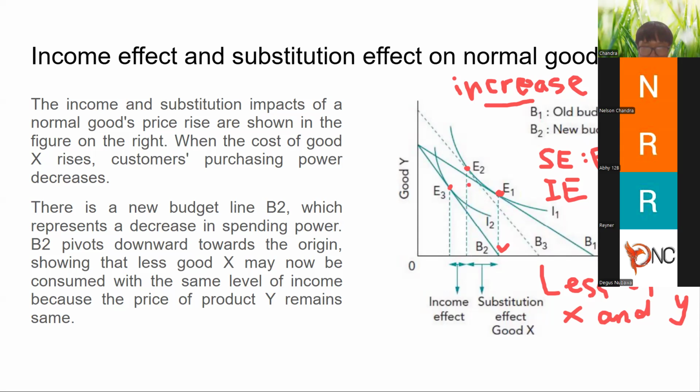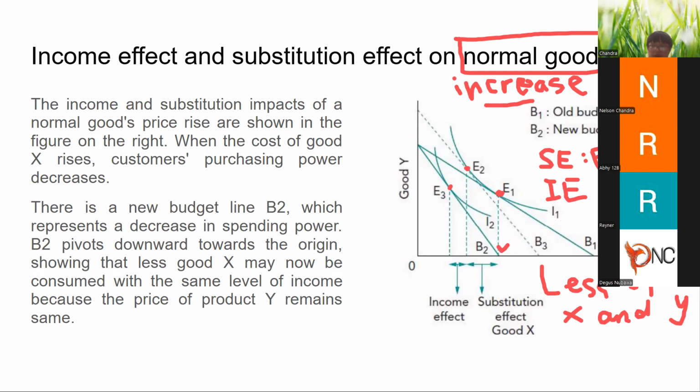However, the income effect is highly dependent on the type of goods mentioned in the scenario. Because we are talking about normal goods, that is why the position of E3 on indifference curve 2 is here. When there is more income, your tendency is to buy more normal goods. I repeat, when there is more income, you will buy more normal goods.